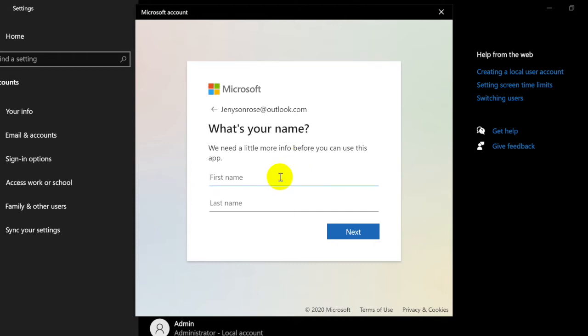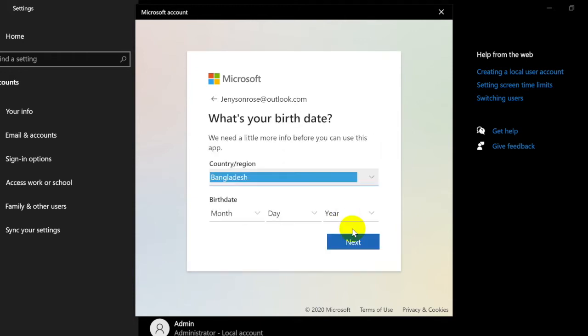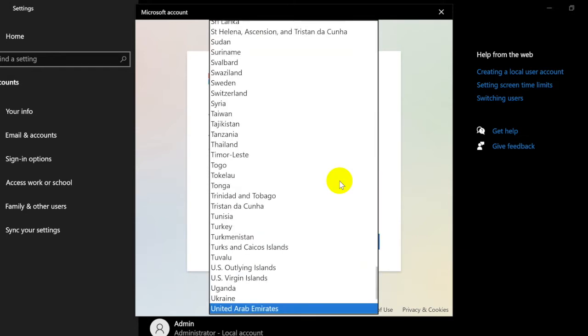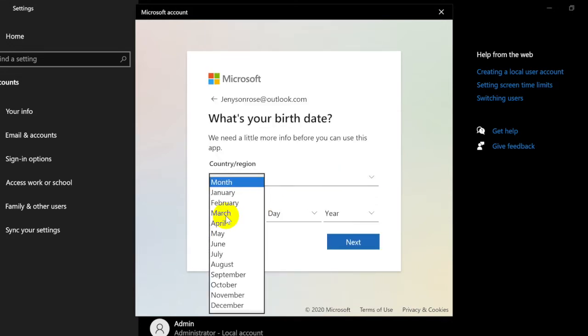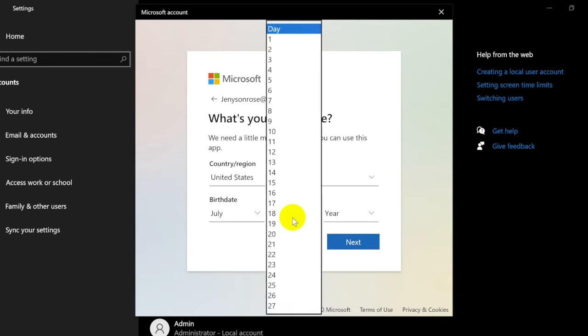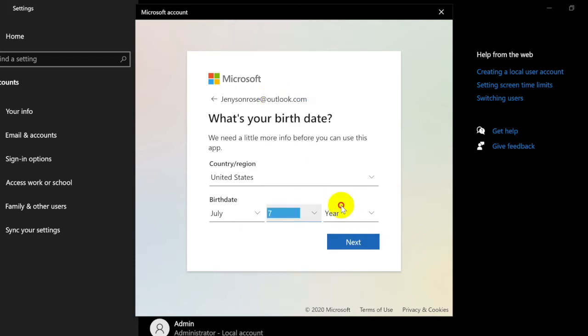Now I just create my child's account, and I try Jenny Sandra's, and this is available. If the name is not available, it says there is a problem, that the account already exists. So you just click on that, and you type the password for your child account and click next. Then it asks for the name of your account, like Jenny, and Jenny Sunrose. So I click this, Sunrose.